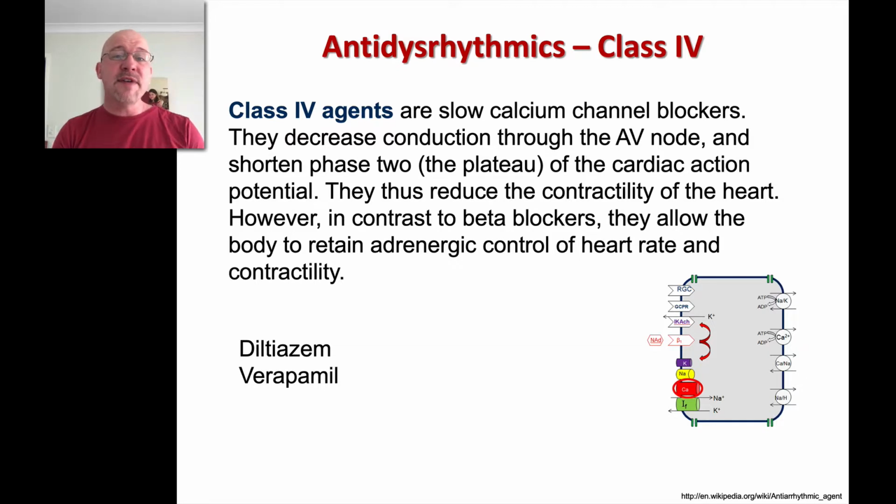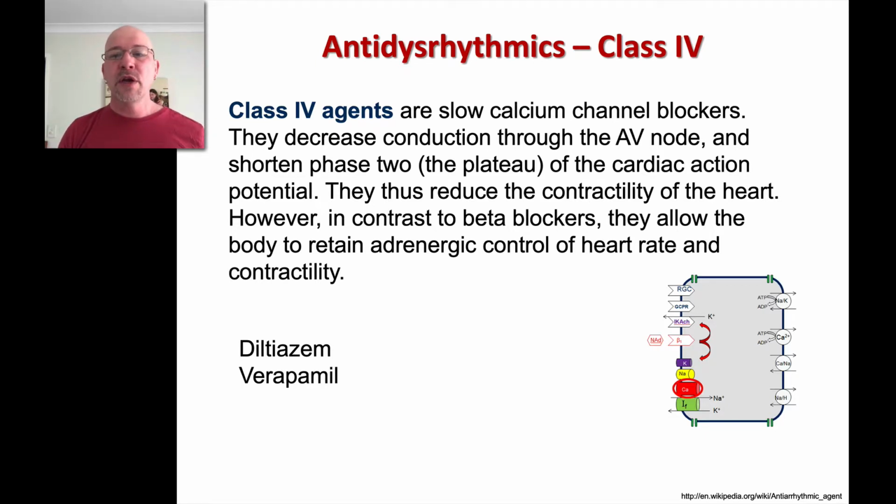And then the class 4 agents are the calcium channel blockers. And like the beta blockers, there are some calcium channel blockers that work more peripherally and some that work more cardioselectively. Diltiazem and verapamil are examples of that. Verapamil is a bit of a slower acting agent. Diltiazem tends to be the one that we use pre-hospitally because we can give it intravenously. And it's a fairly quick acting